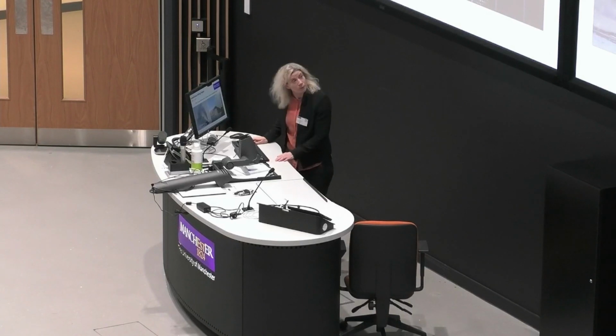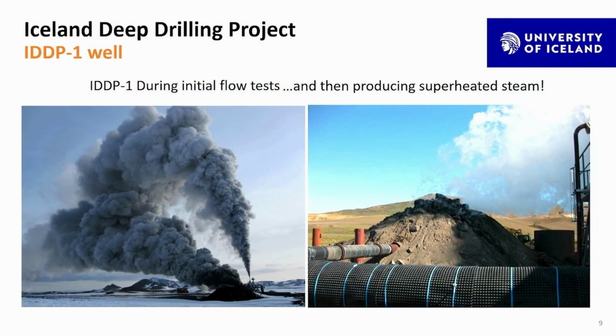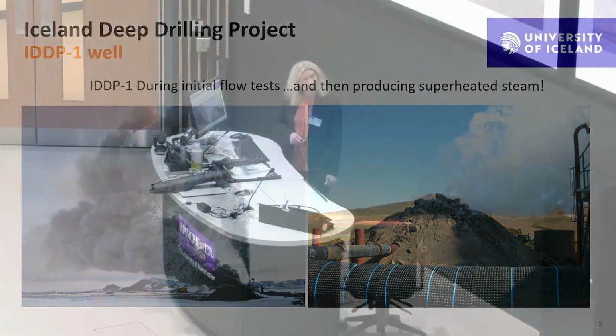So the first well in this project that was drilled was named IDDP-1. It was situated in the Krafla area in northeast Iceland. And here to the left, you can see when it was first discharged. So this is the wellhead. If a person would be standing, it would be about this high here. It's the muffler. And then we are seeing that the steam is dark colored, it's gray, indicating that during the heat up period, we are seeing part of the casings here in the steam, corrosion products. After several weeks of flow test,